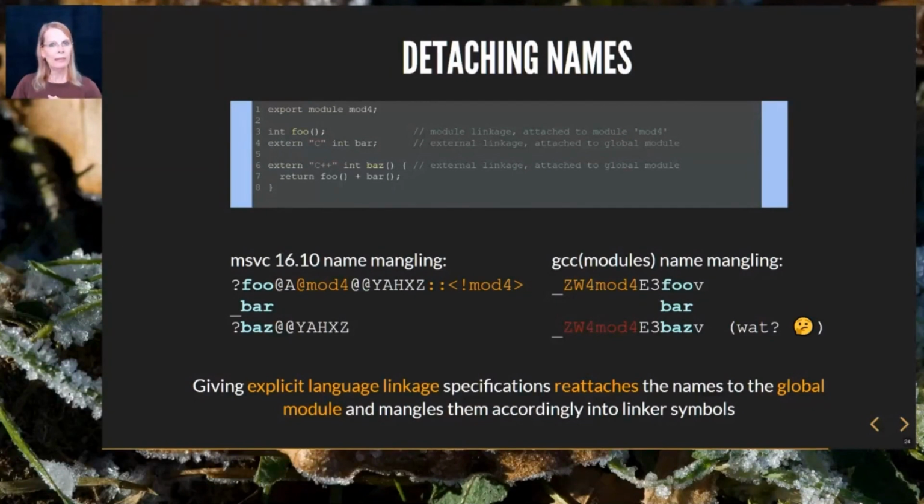If you need to simulate a weak ownership model with a compiler that follows the strong ownership model, you can explicitly give exported names C++ language linkage to detach them from the module. This may also come in handy if you need to forward declare a name living in the global module from within the module purview. But please use this feature only if there's no better option like including a header in the global module fragment.